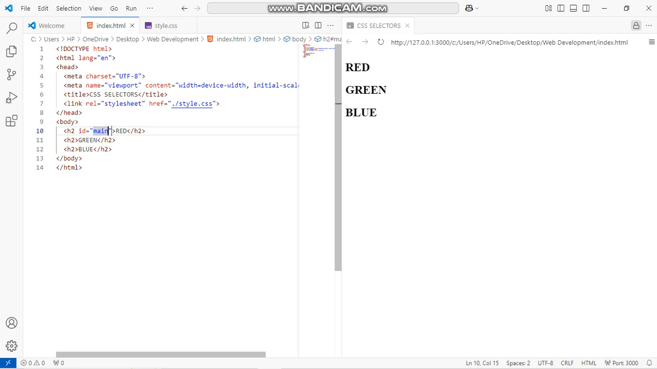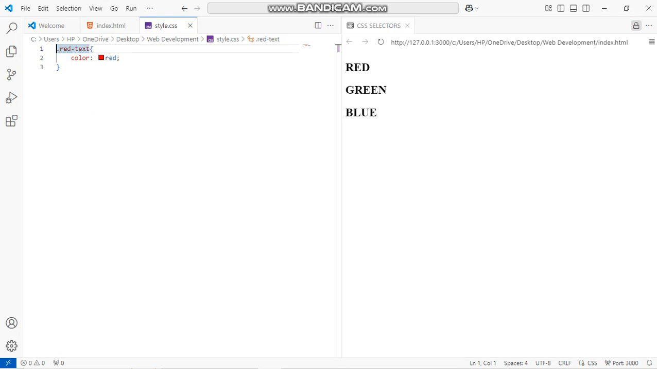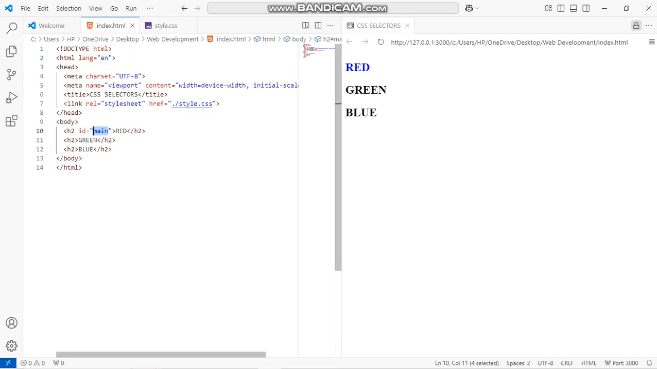So here we have red, and we'll just do the same. We'll just copy it, then go to our CSS. Here we have the hashtag, then, okay, let's change this to something else, blue. You see now it has changed to blue. The reason is because we picked a specific ID, even though all of them